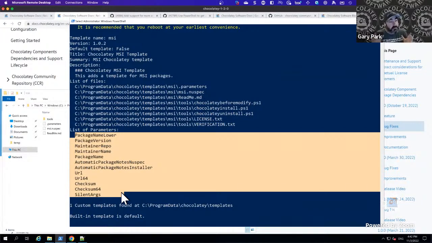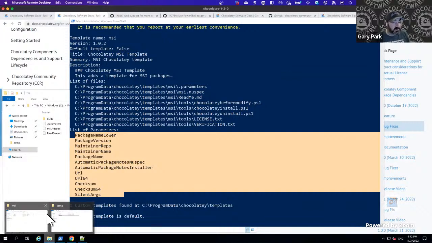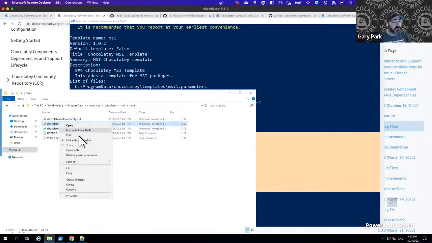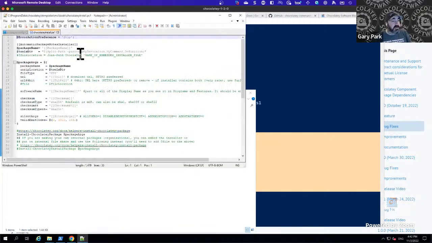So the way that a template tends to work is, if I go and look at one of these, the way it did that, by the way, is it created this new .parameters file for that template. It did that the first time I ran the verbose command, and it'll then use that file the next time. But what we can look at within, say, the chocolateyInstall.ps1 is that there are these templatized, or templated